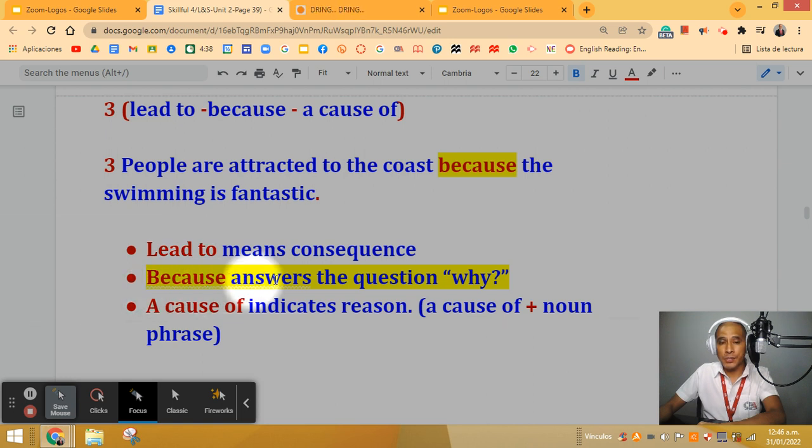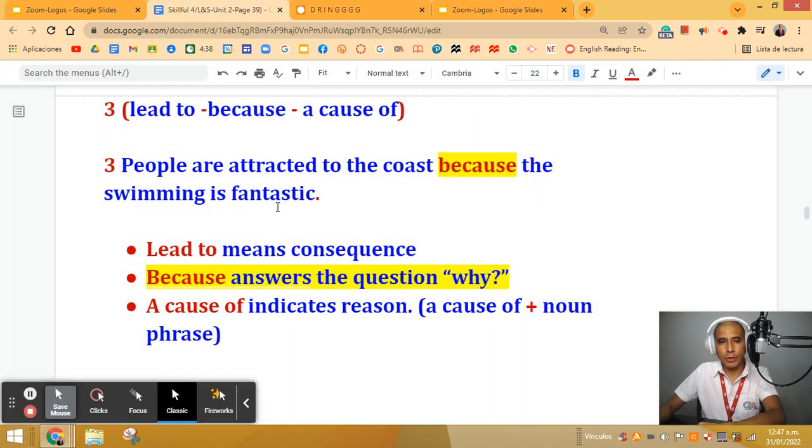In this case, because answers the question why. So here, the question why people are attracted to the coast? Because the swimming is fantastic. Number three, a cause of indicates reason. But when we use a cause of, after it, we need a noun phrase. In this case, we do not have a noun phrase. We have a clause. The swimming is fantastic. We have a subject, verb, and a complement. So does not apply. Now we're going to continue with